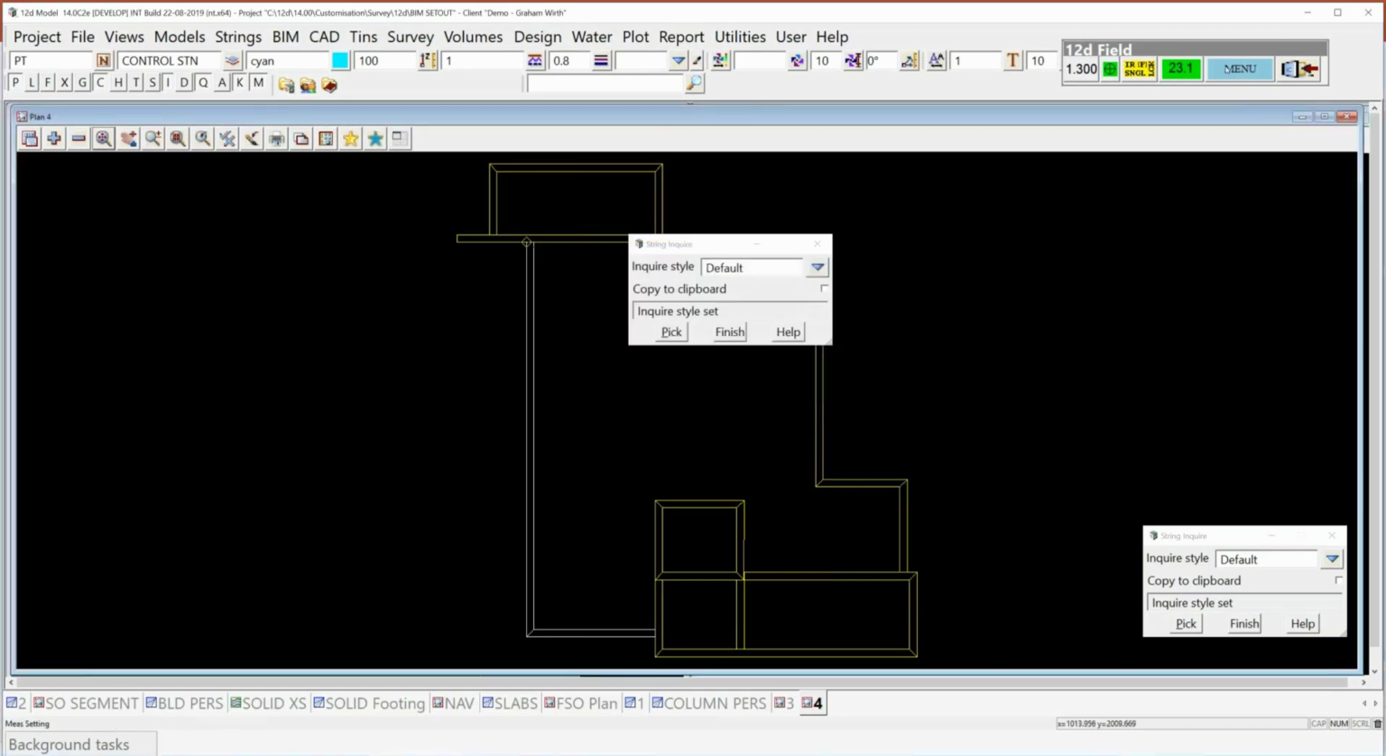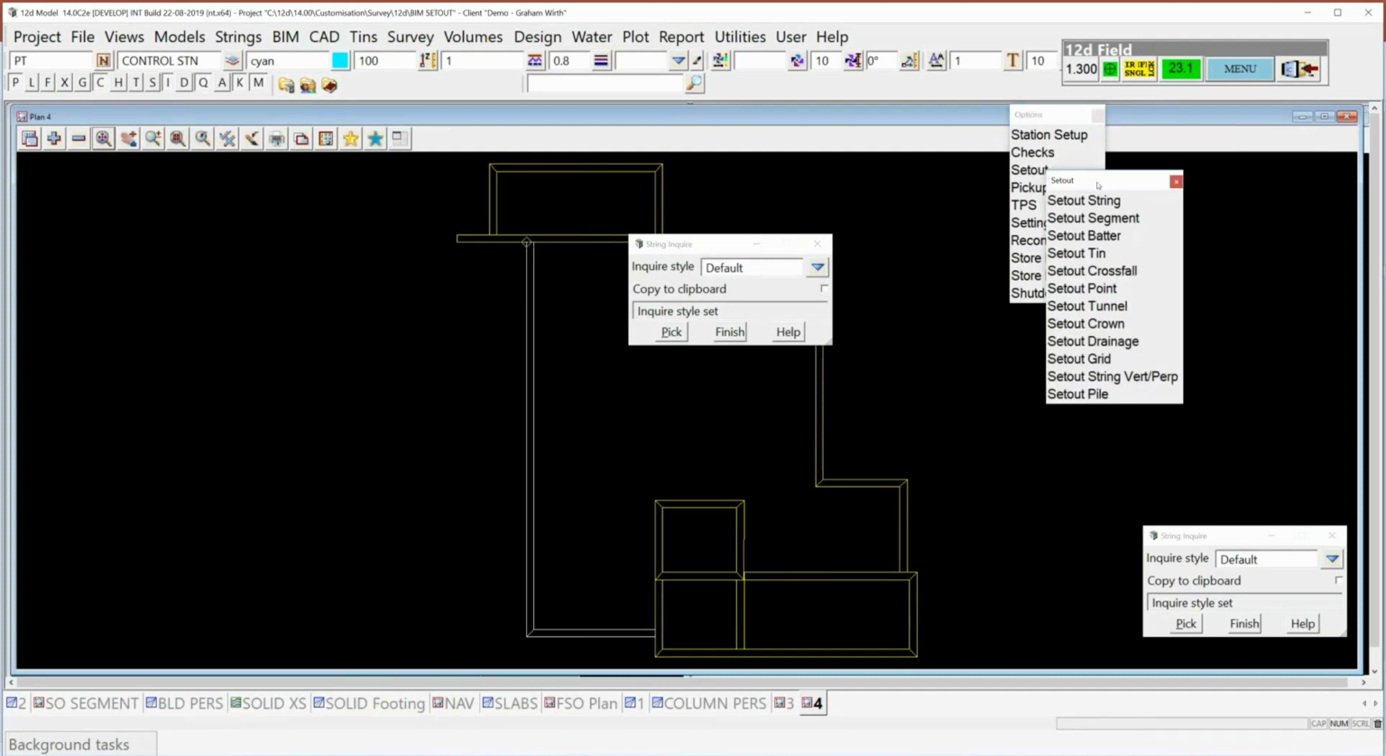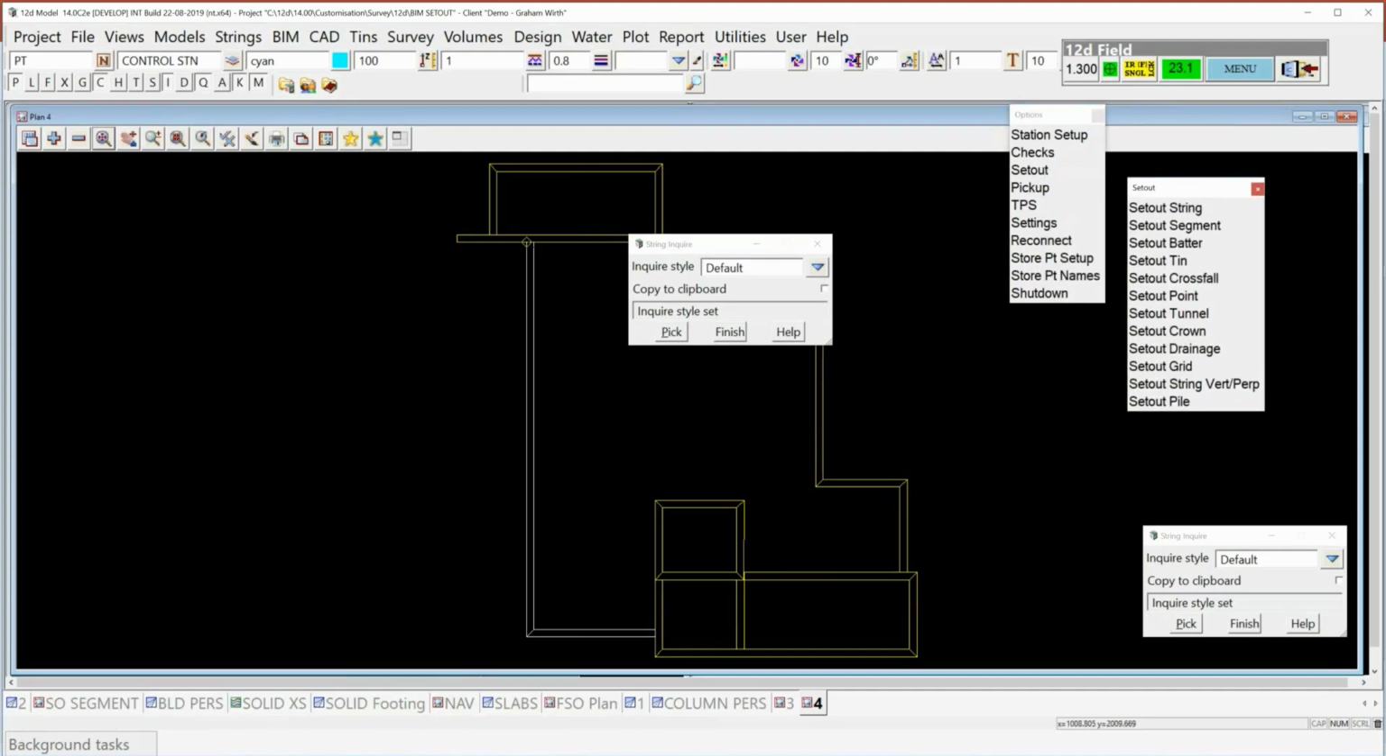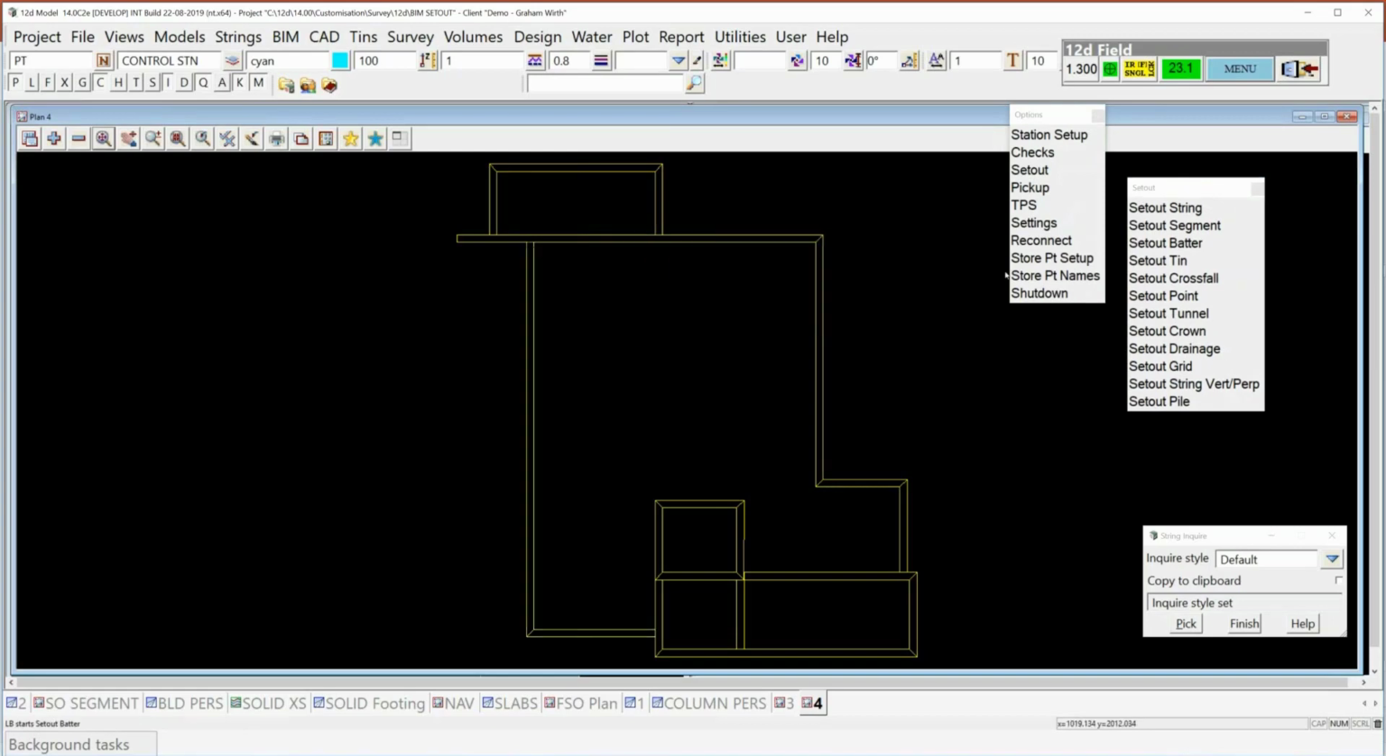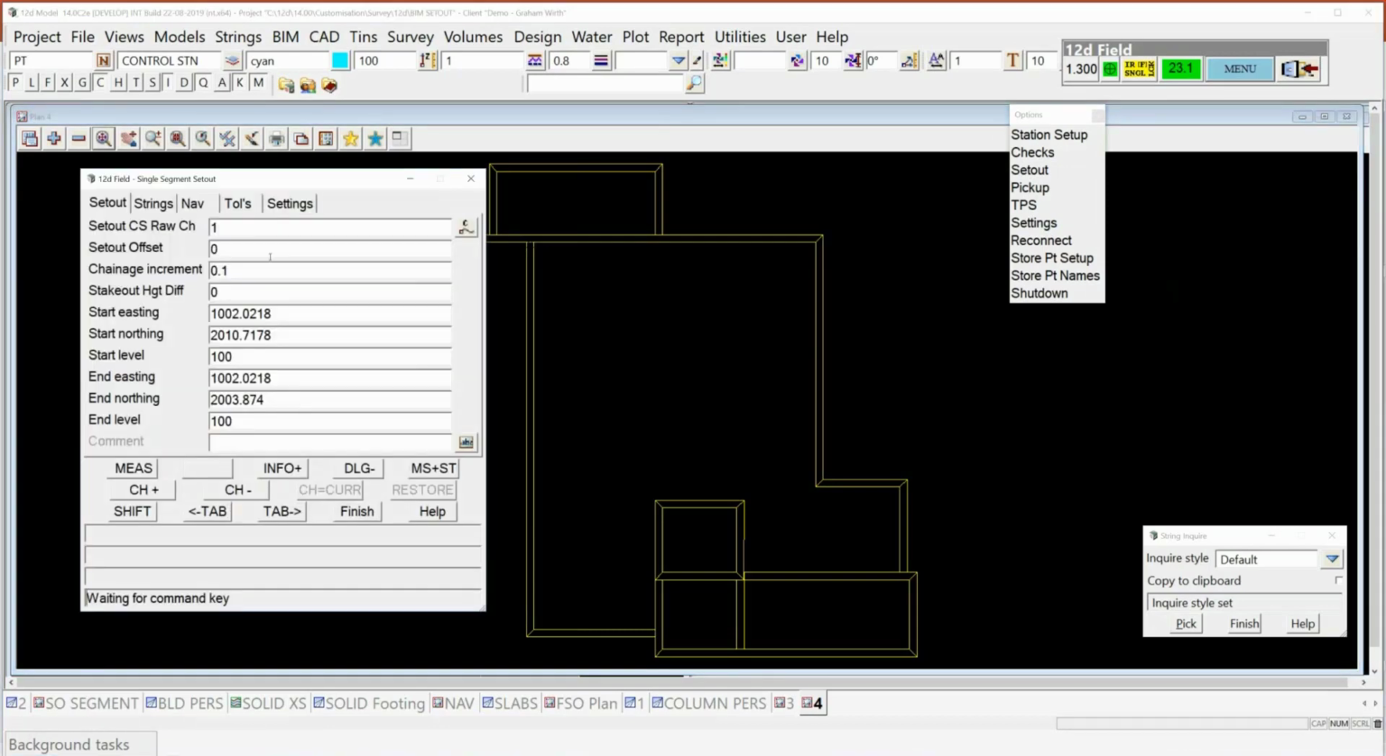We can also manage the setting out of this through many different ways. Here I've got 12D field running in the background. And if I wanted to set out some of the things we can do with solids after we've actually created them, it is from a building perspective and even from some structures, the segment set out. So segment set out will let you choose a segment, and it allows you to extend,